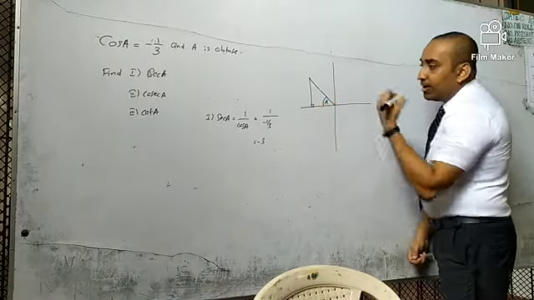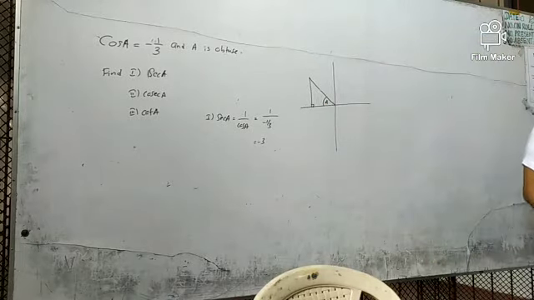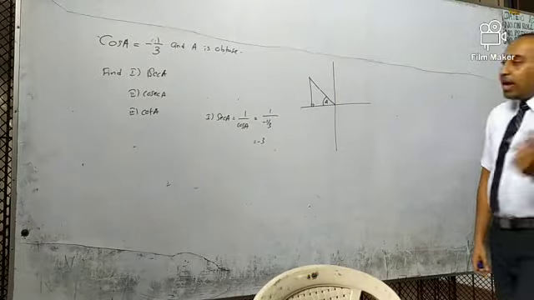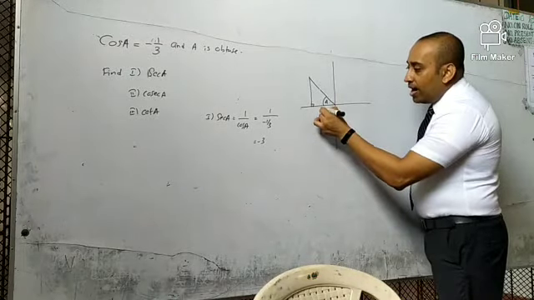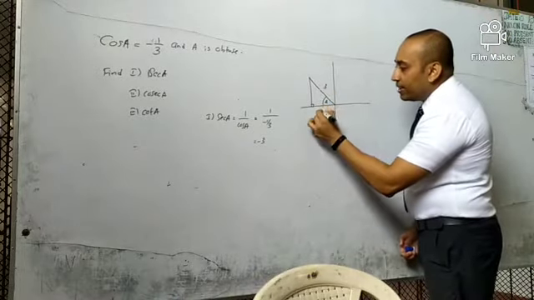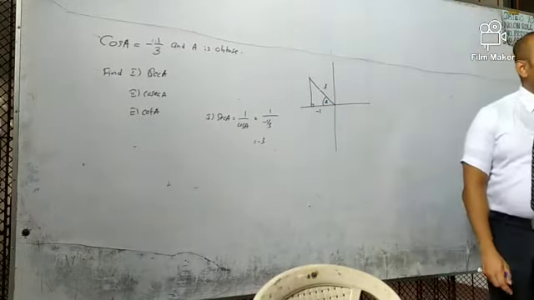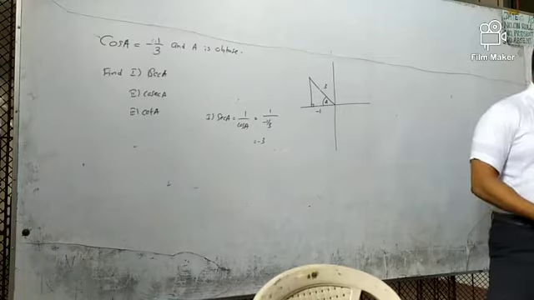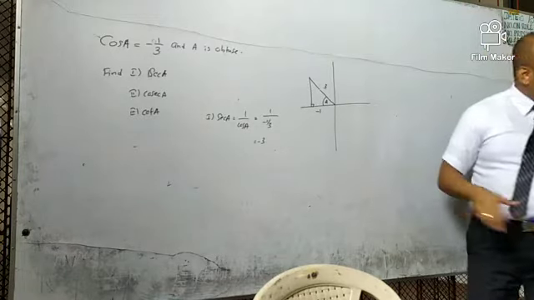Right. Then we can say cos A equals minus 1 over 3. So you can mark 1 and minus 3 this way, or you can mark it the other way. Which way is correct? The first method or the second method?